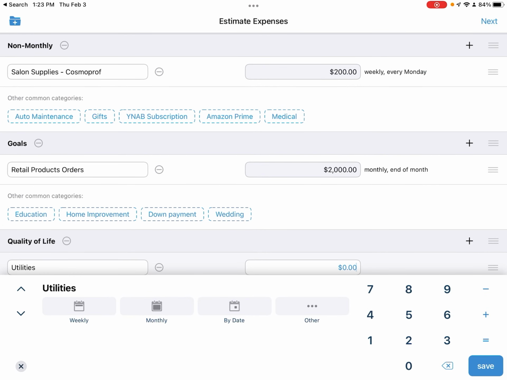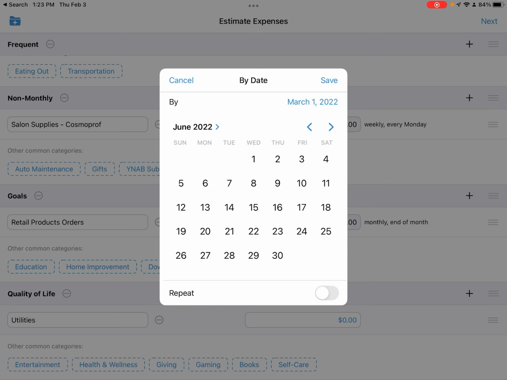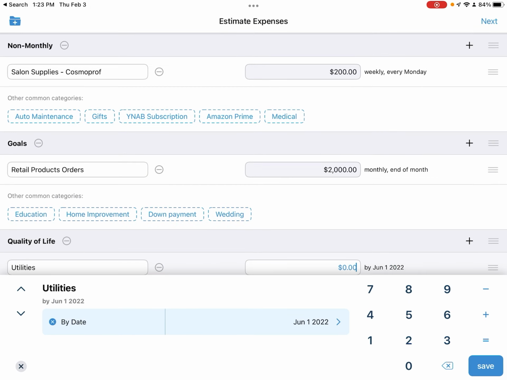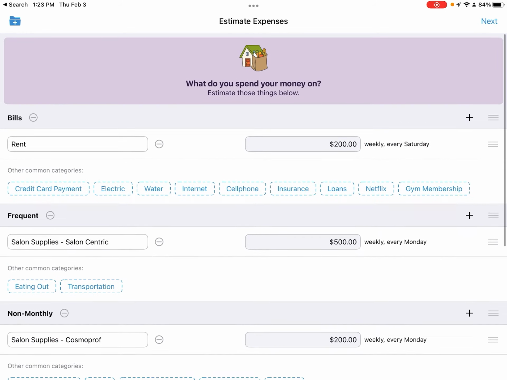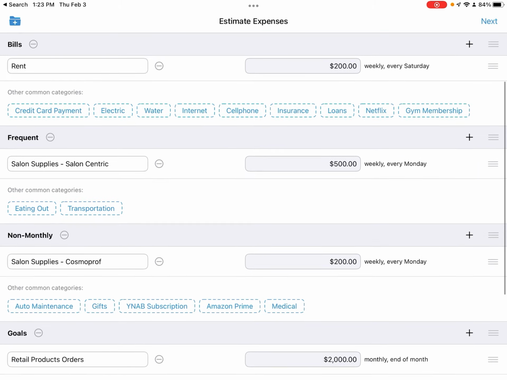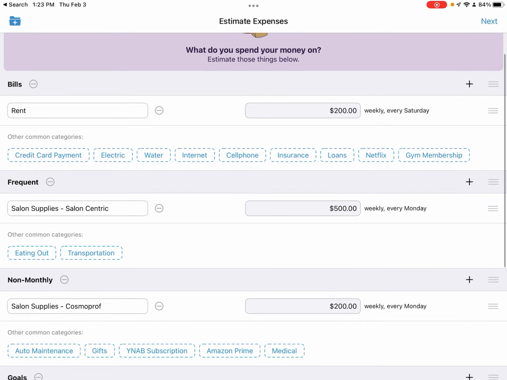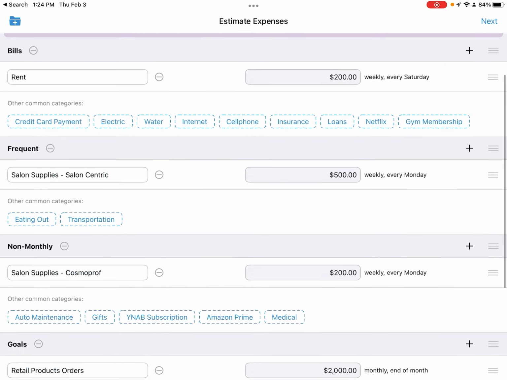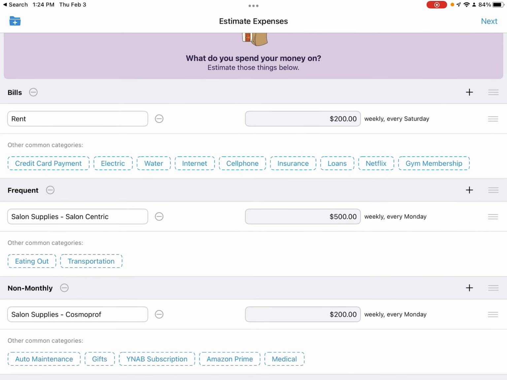So under utilities, we're going to go ahead and do by date, and let's just say you need this by June 1st, 2022, and we're going to give this a budget of $600. Okay, so we're going to keep these as our categories. We have all of them set up, and we have them under what their weekly or monthly budgets would be. And then here you'll see I didn't set these up quite correctly, but what you can do is you can move these categories around underneath bills, frequent, non-monthly, goals, quality of life, whatever. It's completely up to you if you want to put those into categories. For the sake of today, we're just going to leave it as is and move along to the next portion